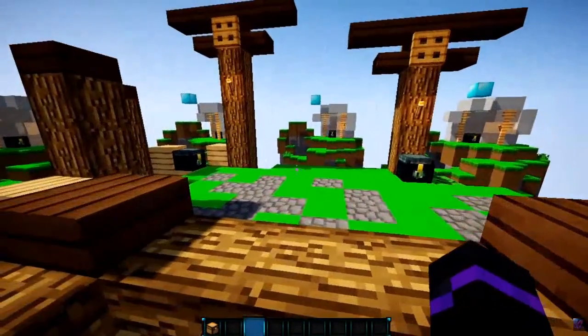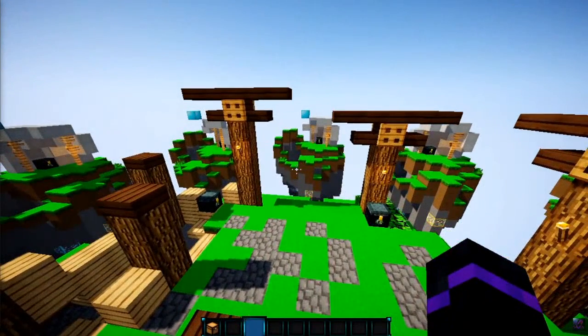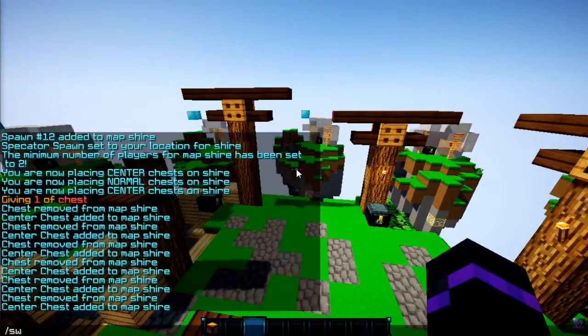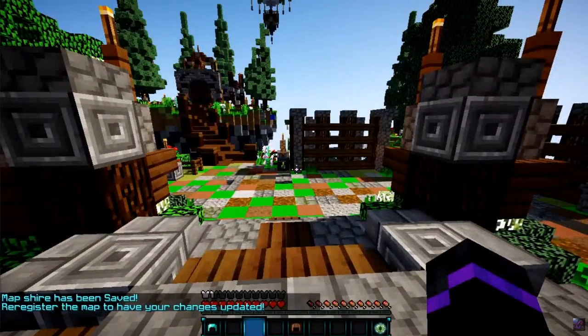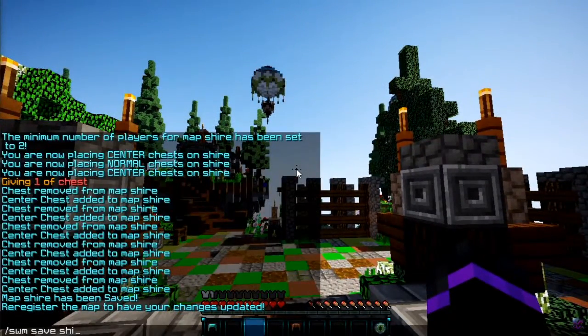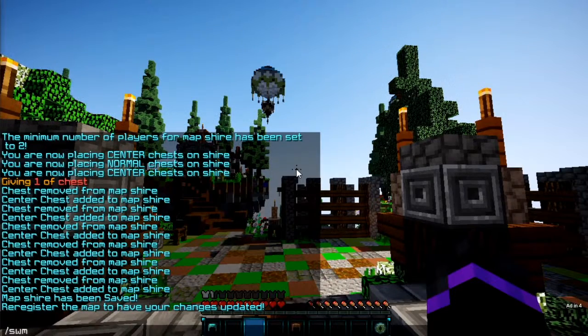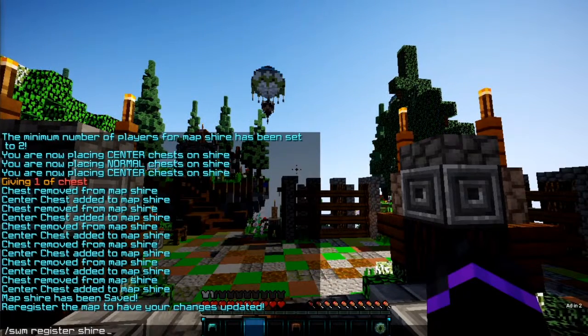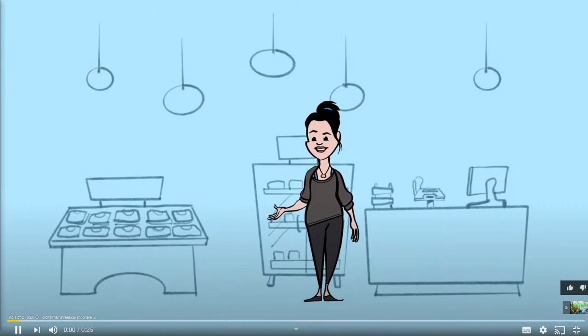So that is how to create your arena, and the last thing is you just need to save it and load it. So we'll do SWM and then save and then Shire, and that will just save everything. Now we have to register it in order for it to be playable. So we'll do SWM and then register and then Shire, and that will just